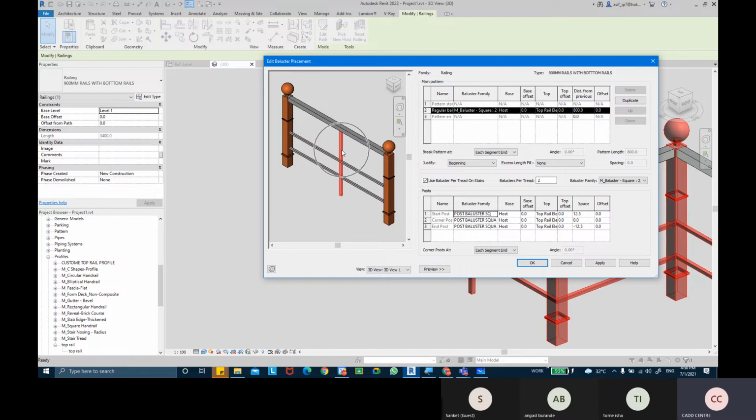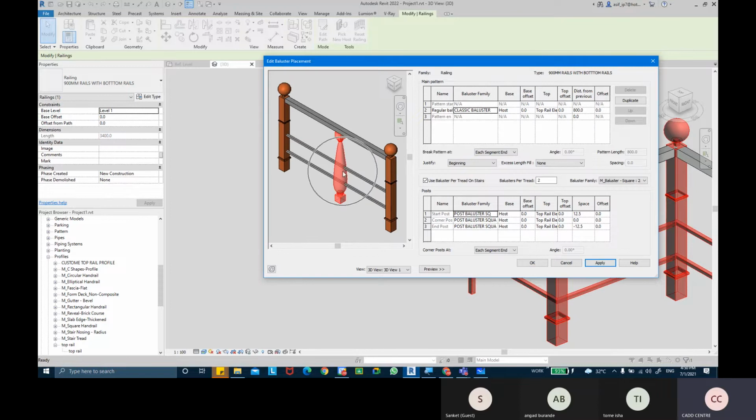You can see it gets highlighted once again. Now from the baluster family, I'm going to search for that file. Here we have classic baluster main pattern. Now if I pick this and click on apply, you will see that instead of the square pattern that was there earlier, we are getting that classic baluster shape.